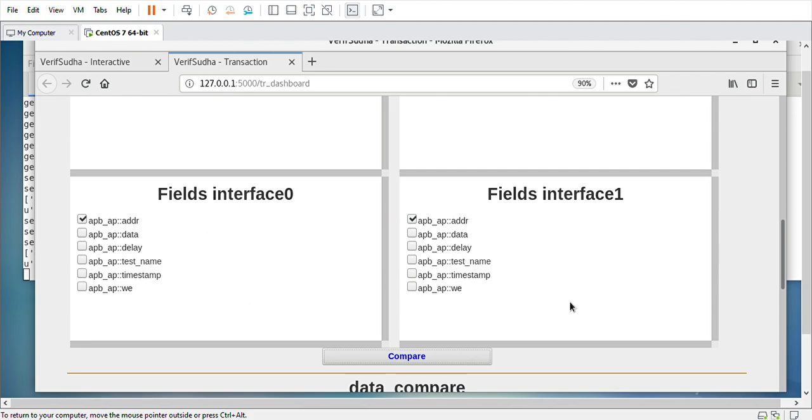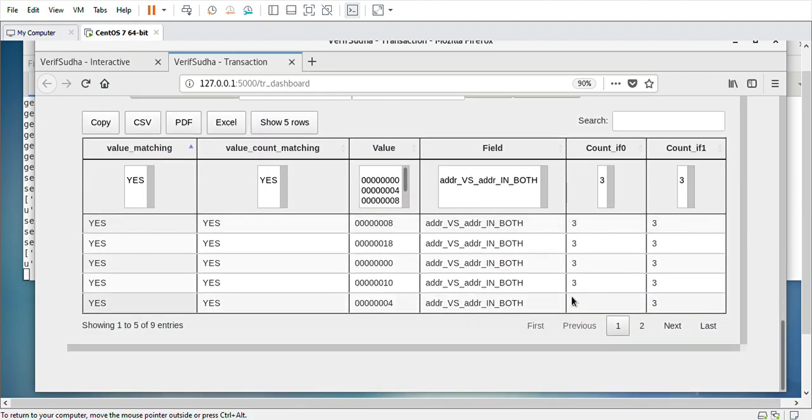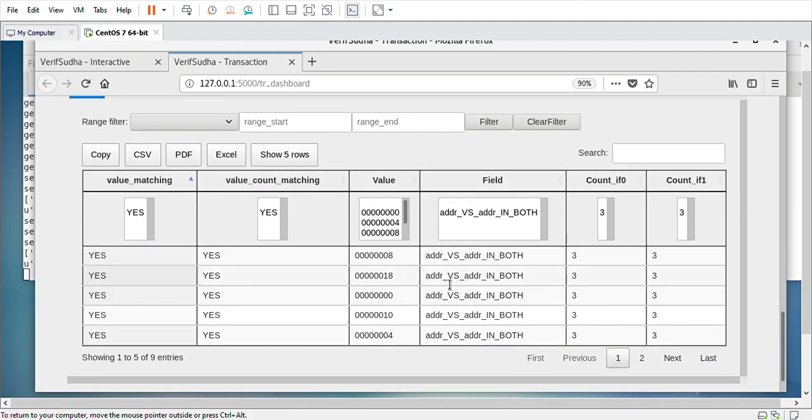And if I say compare, it's going to compare the value and the count of the values in both of the interfaces. In this case, since I'm comparing the same test, I'm able to see that the values are there in both the tests, and the value is present, as well as the count of the values are matching.